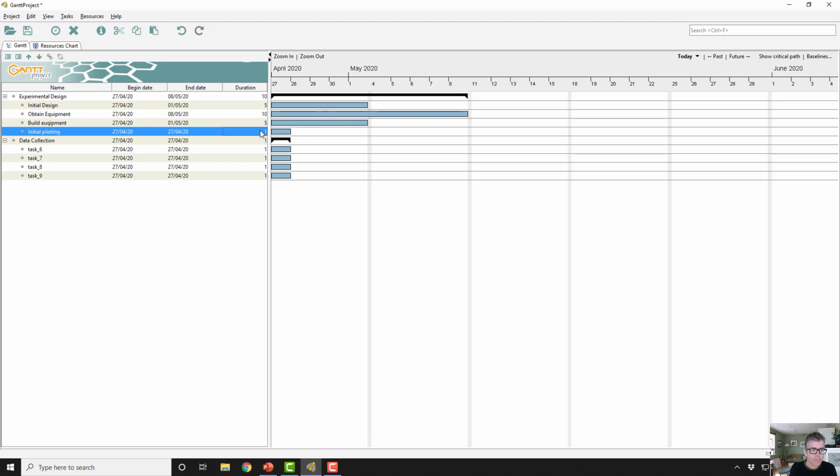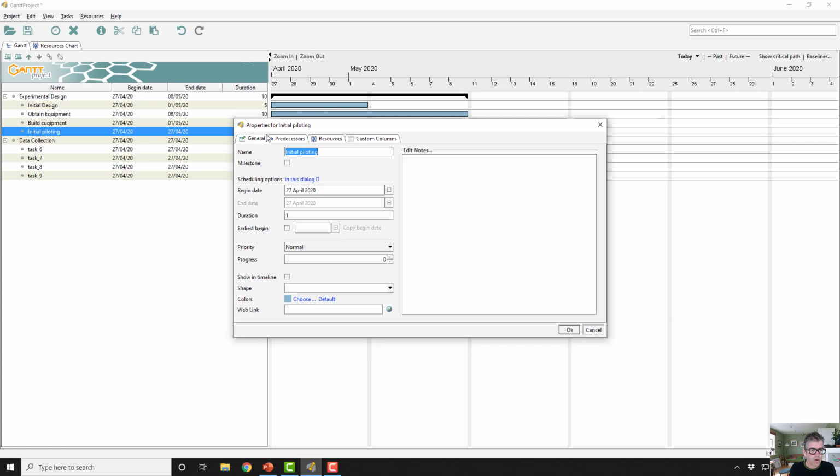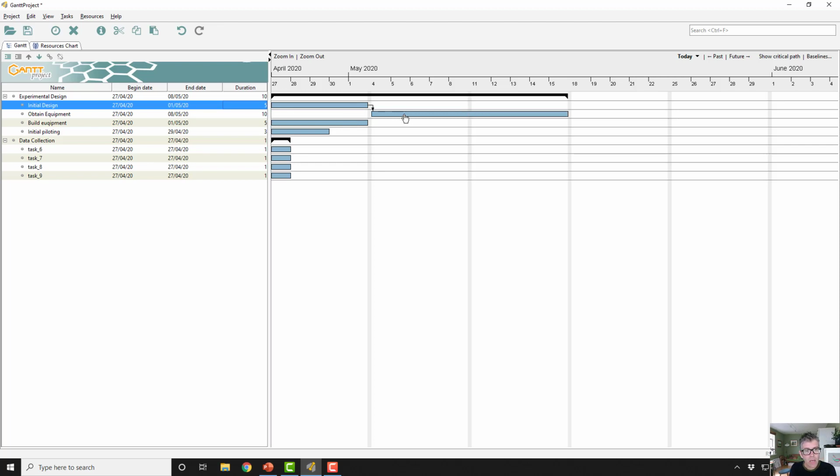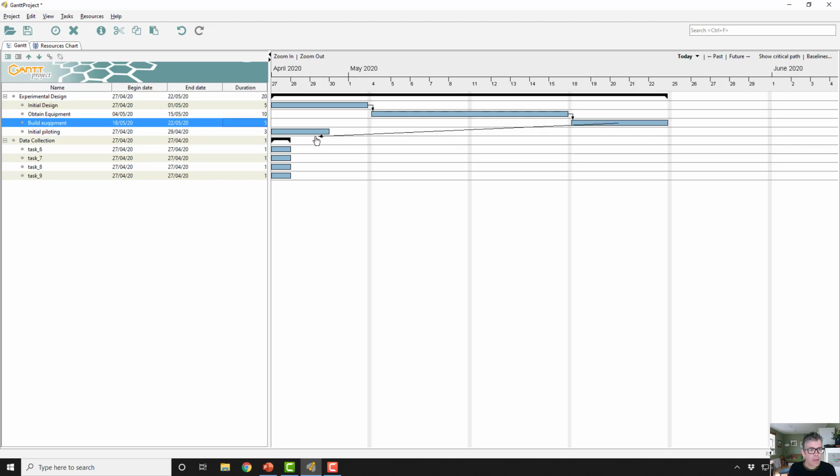If you double click on the task, it brings you into a more full dialog box. So we've got 3 days. So then we can start to build our timeline. Initial design we're going to do before we start obtaining our equipment, potentially. Once we've obtained our equipment, we would then build our equipment, and then if we do our initial piloting after that, it gives us an opportunity to build a really quick time frame. Now, which is not fantastic in terms of project management, but it does allow me to show you how the